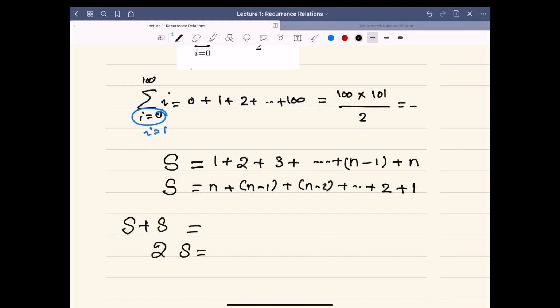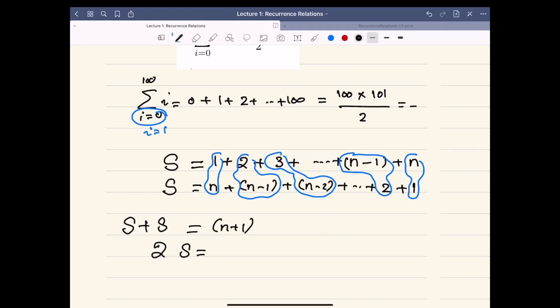So when you add them, we will combine these two together, and these two together, and so on, taking them into pairs. So the first pair will be n plus 1, and this is coming from here. Now the second pair will also be n plus 1. The third pair is also n plus 1. And if you keep continuing this,